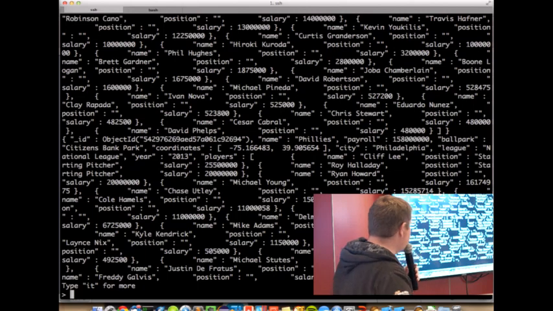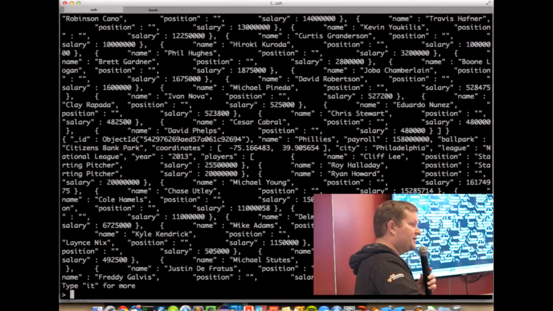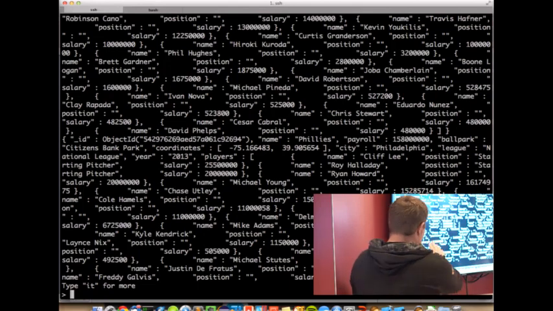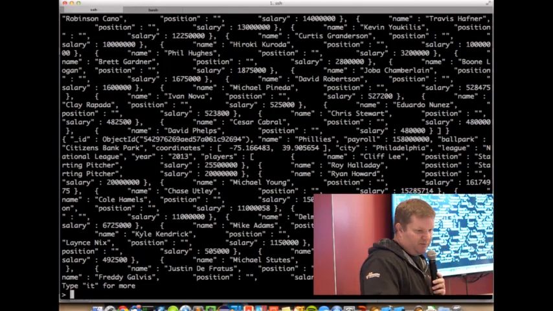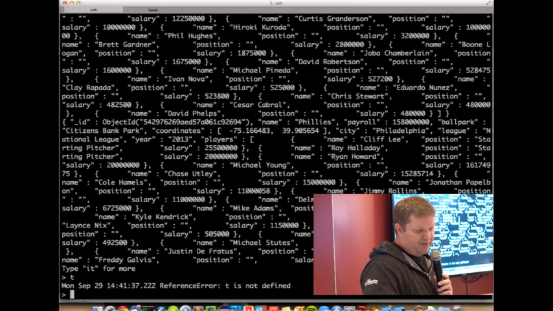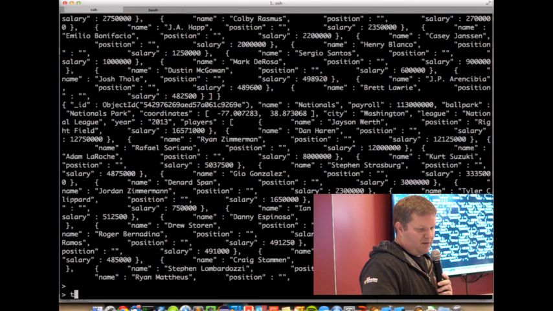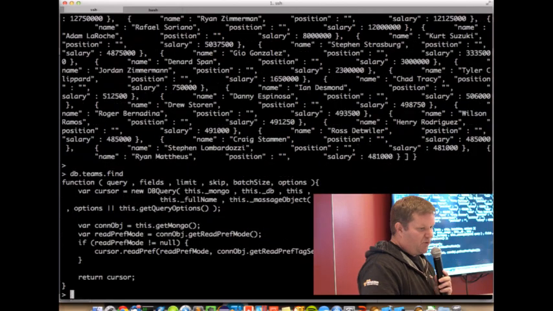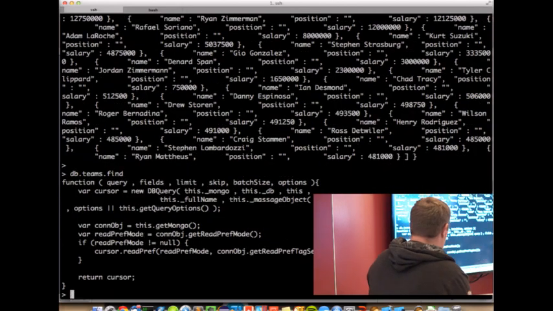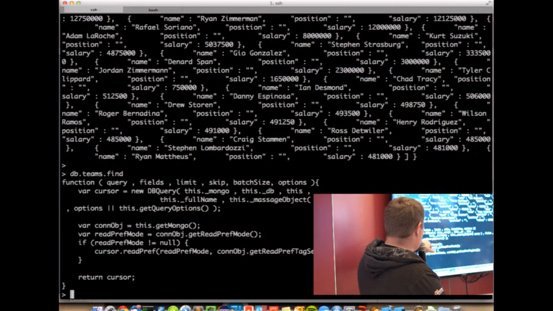So if I do a find command, which you can think of as like select asterisk from teams, it'll return all of the values in a nicely formatted JSON document. I can scroll through these. And then if you want to look at the find code that's generated, you can look at what's actually happening in the